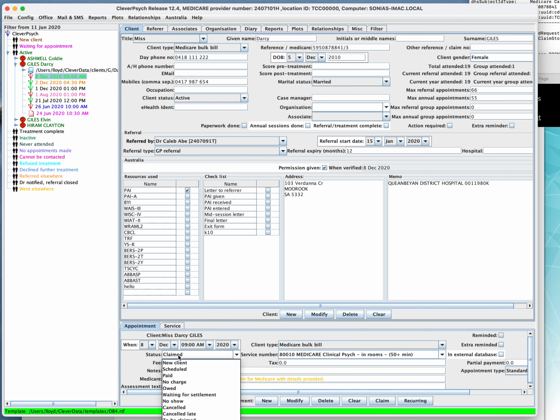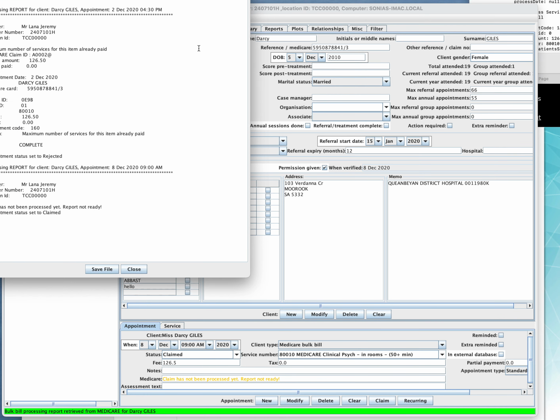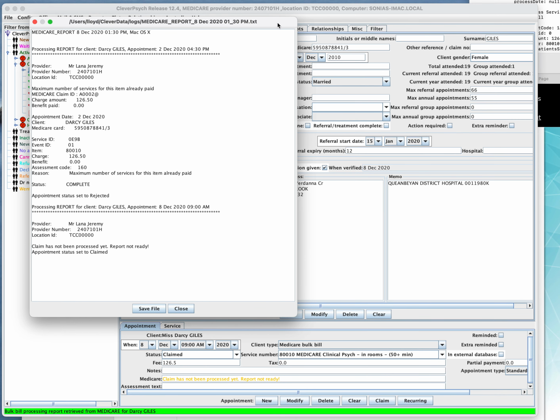Now, to get the results of what happened to your claim, you need to go to the Australian menu and retrieve either a particular bulk bill result, but typically you say get everything back, and you then get a report back from Medicare, and it'll tell you what's happened. So, for example, the one you've just put through hasn't been claimed yet,